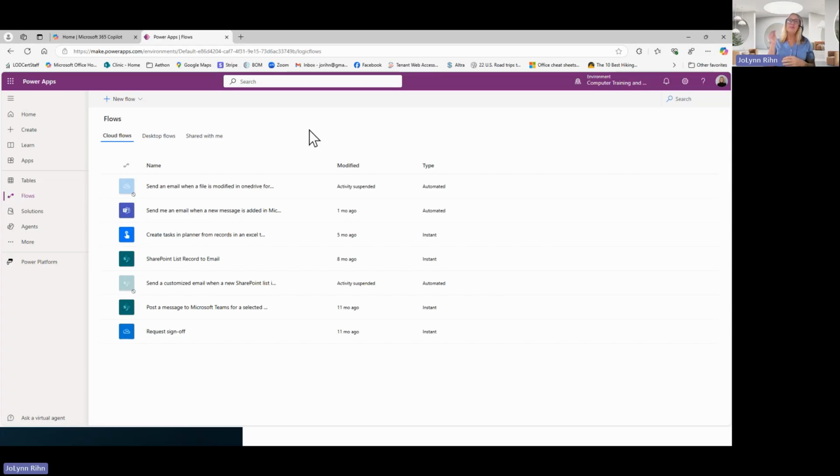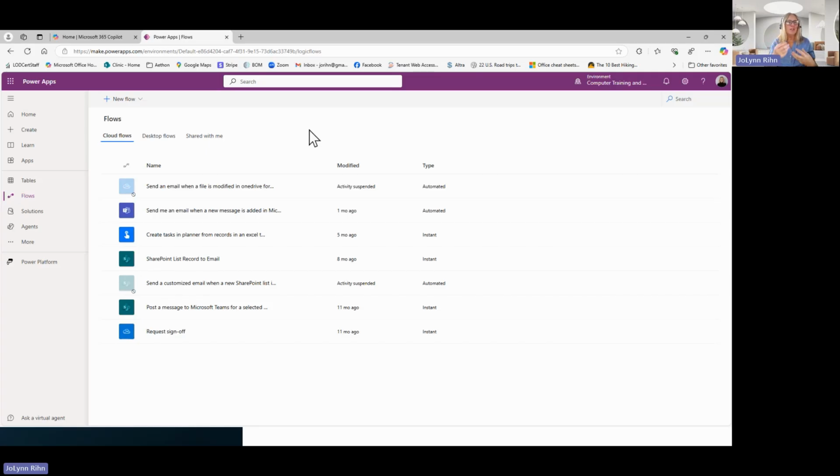We could say every time that a file is added to this document library, I want to know. Or I want to know if a new item is added to a Microsoft list. Or I want to take these rows of data based on this criteria in Excel, and I want to copy them to another workbook, to another sheet.